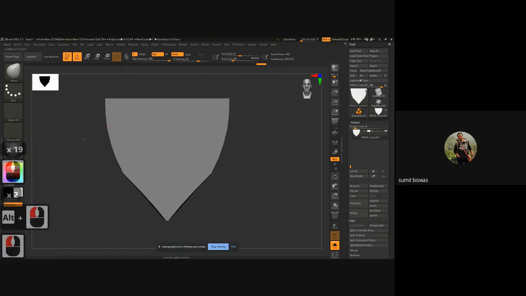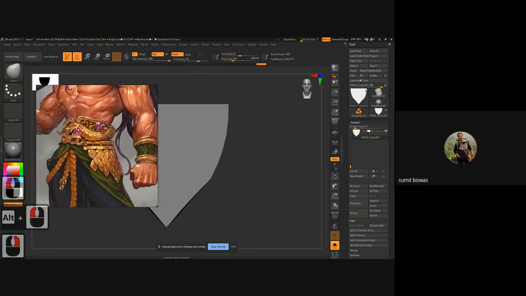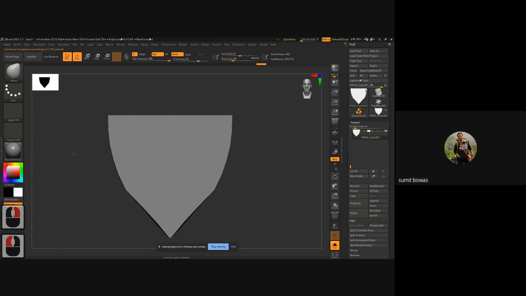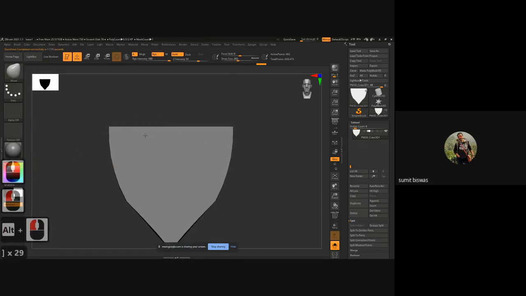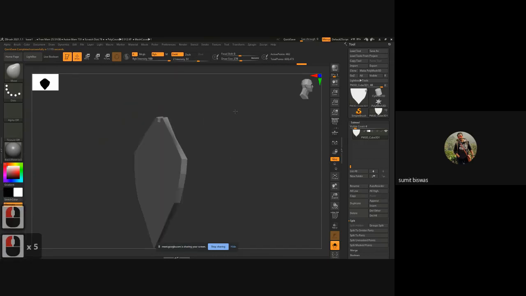Get the shape the way you want. And here I can see it's a rectangular shape, like a diamond shape basically. Increase the brush size. Don't worry about all these things.